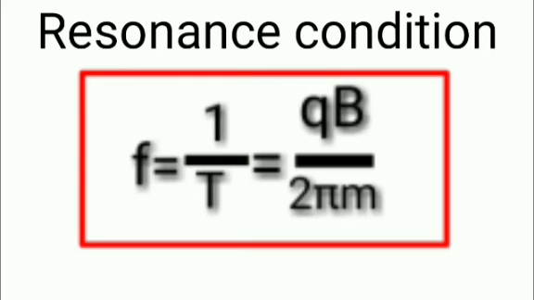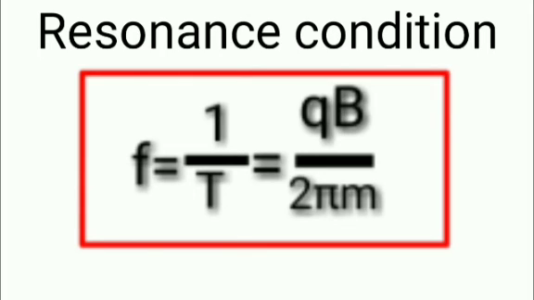Okay, so here this frequency is not at all depending upon the radius of the charged particle, as well as not at all depending upon the velocity of the charged particle. So here the frequency is directly proportional to the magnetic field. So the above equation implies that one can't choose the magnetic field arbitrarily.